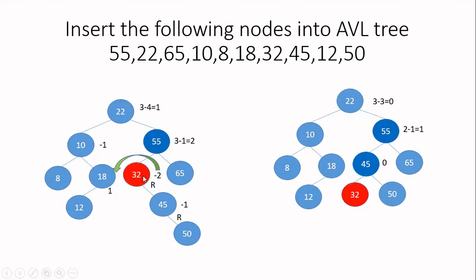So first identify the type of imbalance. With respect to 32, this 50 is in the right subtree. So for the first link, give R. Then with respect to 45, 50 is again in the right subtree. So for the second link also give R. Now start reading the labels starting from 32. So I have imbalance type as RR imbalance. When it is RR imbalance, the letters are same. When the letters are same, you are going to perform only one rotation in the opposite direction.